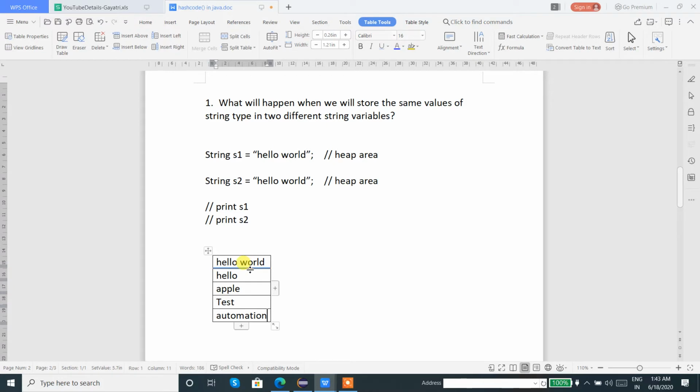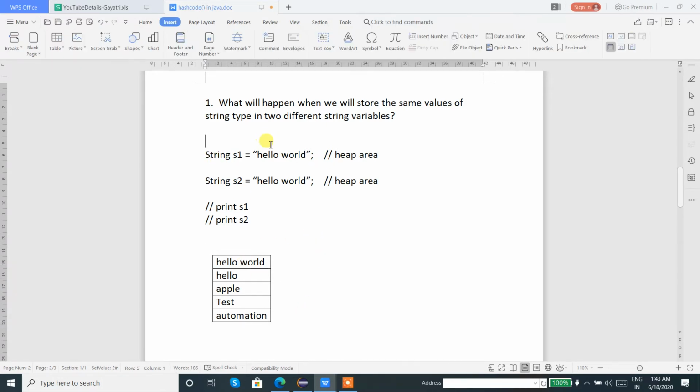It's a string pool. Now when we are assigning a value to the string, when we are initializing the string, internally what will happen? First it will check whether the same value is already present in the heap area of the JVM, or in the string pool, or not.